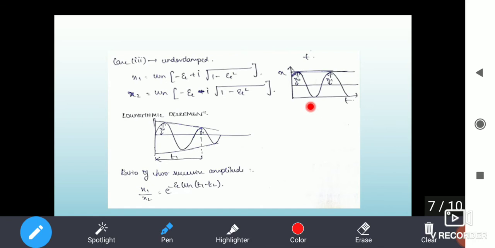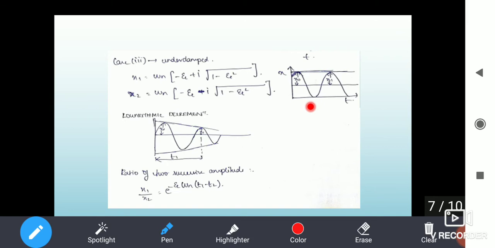So what happens here is, in a system, when we leave the mass, it will reach its position in the correct time. Most of the cases, generally we will be using the underdamped one. So these formulas will be discussed in detail in the next video. Just understand the concept alone. Actually, in this wave formation, for each period, the amplitude will be reduced and it reaches the equilibrium position or zero position. So this period is called the time period. So time period is nothing but the time required for one complete cycle.